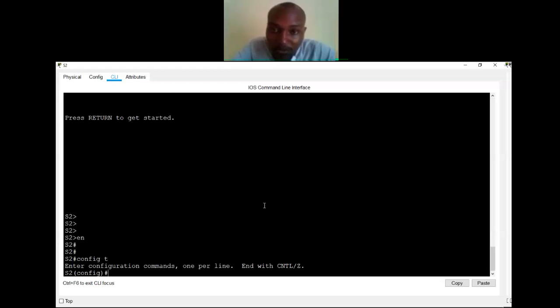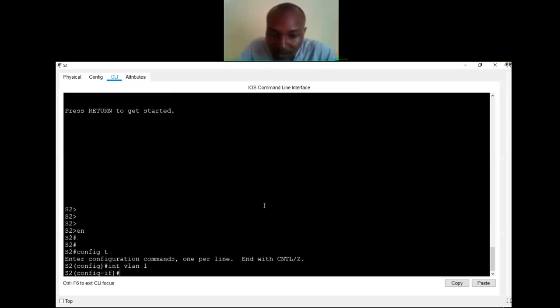Under the global configuration mode, instead of saying interface, I'll say int. Int is the short form for interface, and then I'll say VLAN 1. So I'm calling out interface VLAN 1. I'll assign it an IP address, so I'll say ip add. Remember, add is the short form for address, and then I'll say